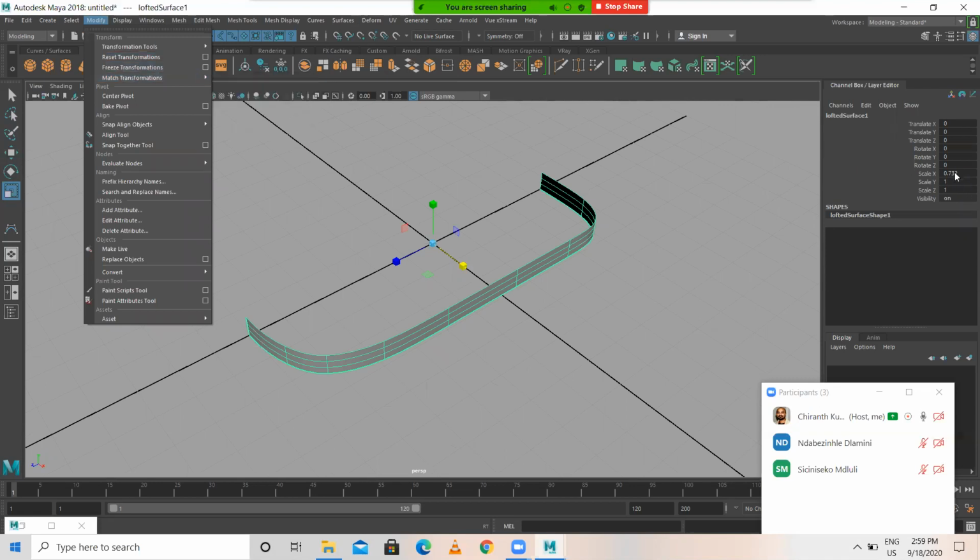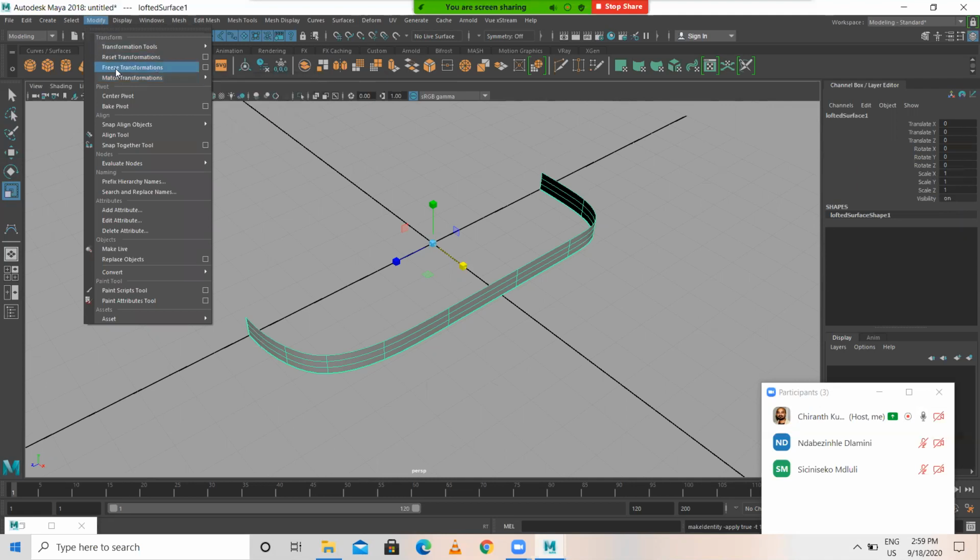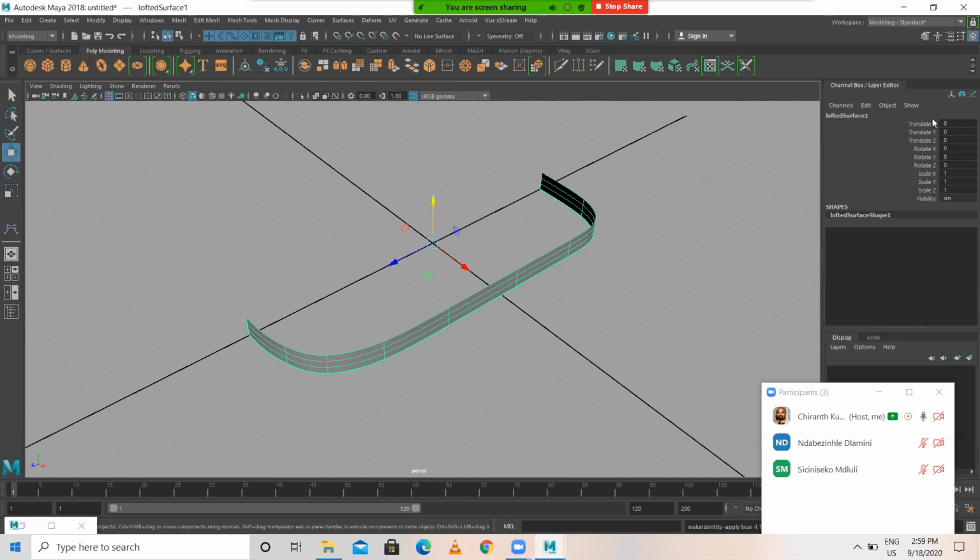So here, I want scale XYZ to be 1 only. So that's why freeze transformation. Modify, freeze transformation I did so that it's all default values. These are the default values. Okay. Then what I'll do,